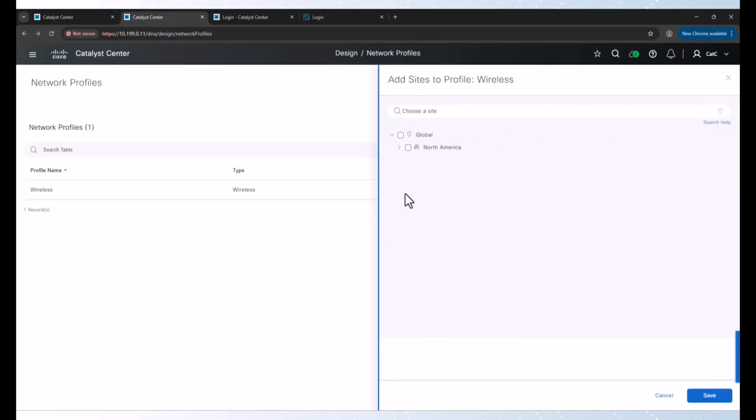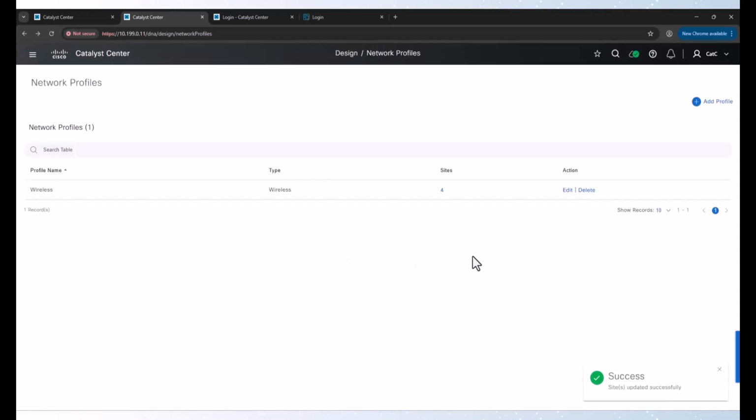But now to assign it to a site, I am actually going to go in and assign it to both Fabric 1 and Fabric 2. And the reason I'm doing that is I'm going to use it for Fabric 2. I won't have to go through this process again. This kind of simulates, right, if you have multiple sites, I don't have to create a network profile for every site if I don't want to. Even though I'm going to have disparate wireless controllers, this SSID is going to be standard and deployed across all of those sites. So now that this is assigned to the site,